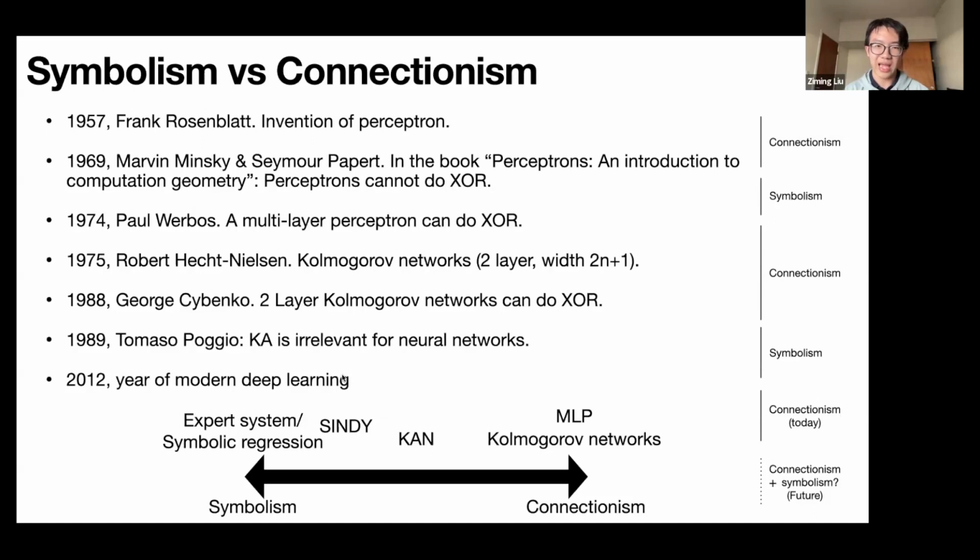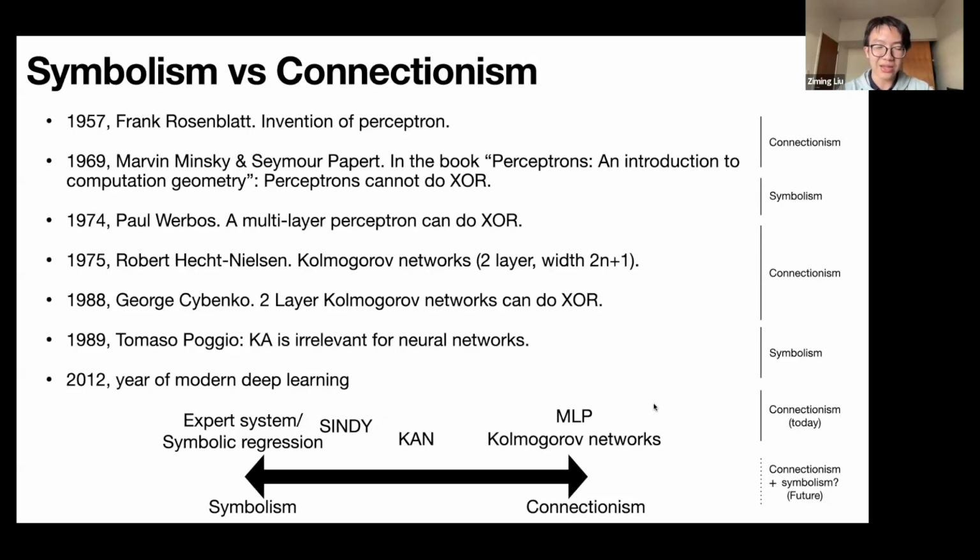And then 2012 is, you can say, the first year of modern deep learning, and everything from it, basically starting from connectionism. So if you notice, the pattern is quite interesting, switching back and forth: first connectionism, and then people's criticism sentenced perceptrons to death, and then symbolism won back, and then again the Kolmogorov-Arnold networks swung back to connectionism, and then symbolism came back because Kolmogorov-Arnold representation was sentenced to death. And today's deep learning is basically based on connectionism. And we don't know yet about the future.